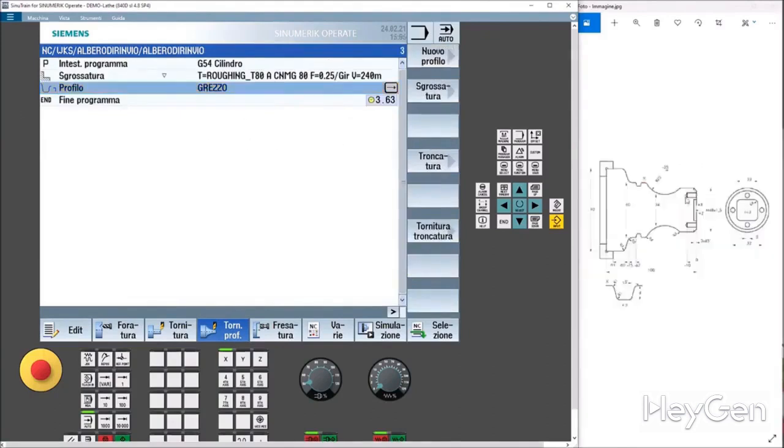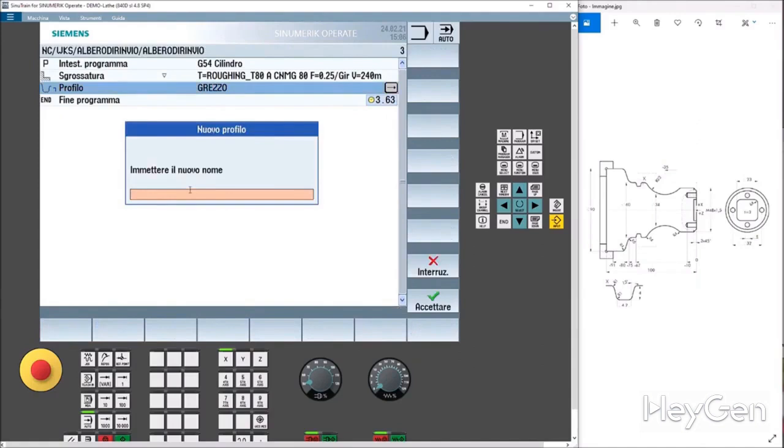All right, let's go ahead and insert the turning profile. It won't be easy, and let's try not to make too many mistakes live. But if I do, well, I will comment with you and we will come back. Step by step. Turning, profile, new profile, name. Profile, we accept. Let's start from the center of the piece, which is fine for teaching purposes, and let's begin